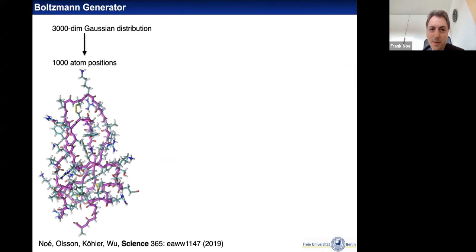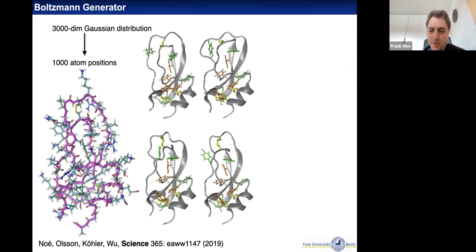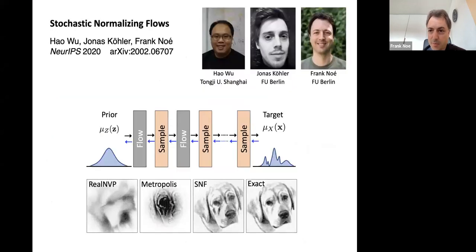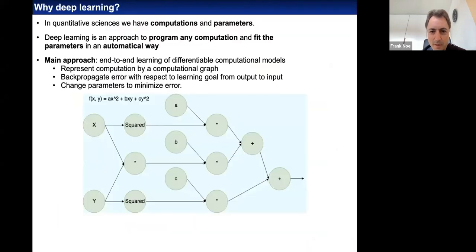So we really sample 3000 dimensional Gaussian distributions here, transform through the network and generate all atom positions in one shot, and do that for different structures. And basically, we're currently working on trying to improve the neural network so that we can use this really for Monte Carlo simulations and then combine that with other sampling methods in order to get a more efficient sampling framework, basically. Okay, and with this, I'll skip over the last part.